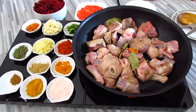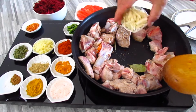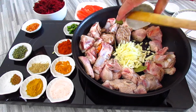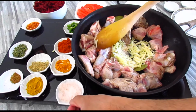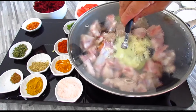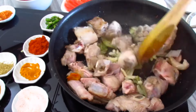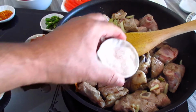Let's check after 2 minutes on slow heat. We're going to add garlic, ginger, some salt, and after 3 minutes now we're gonna add some salt,